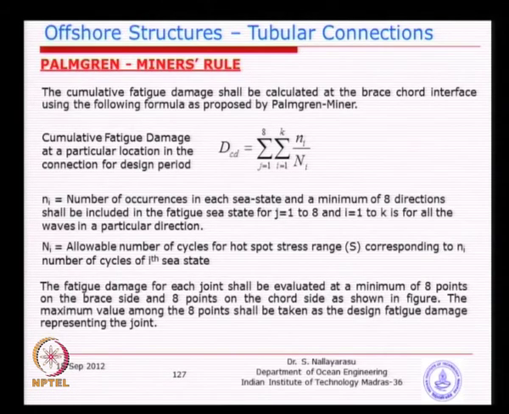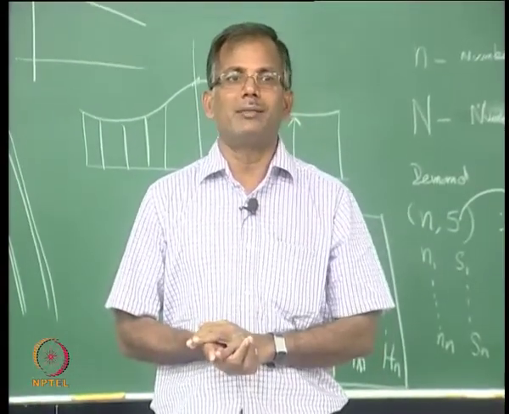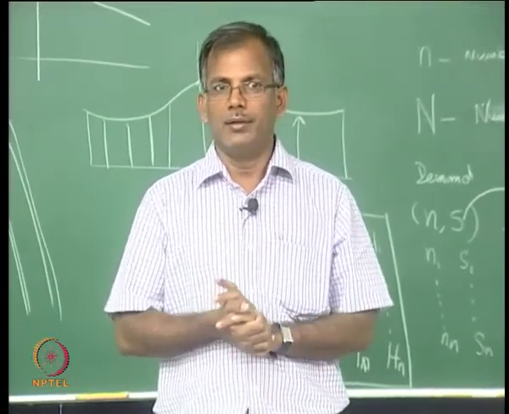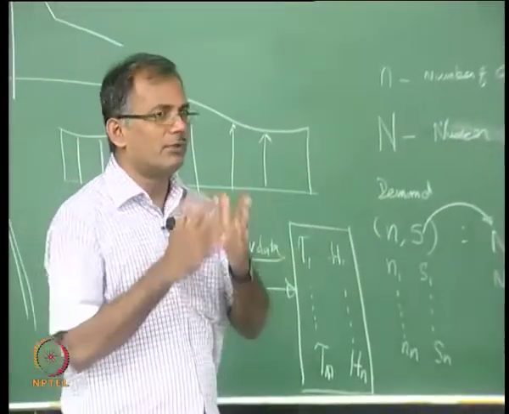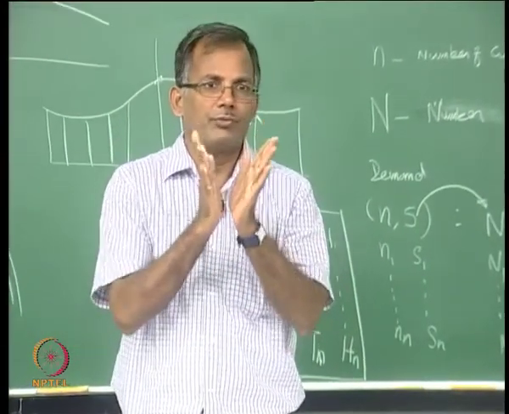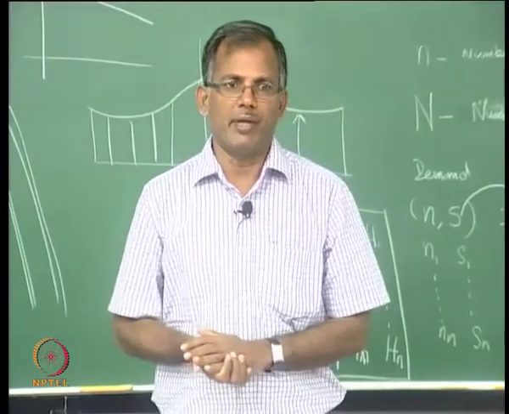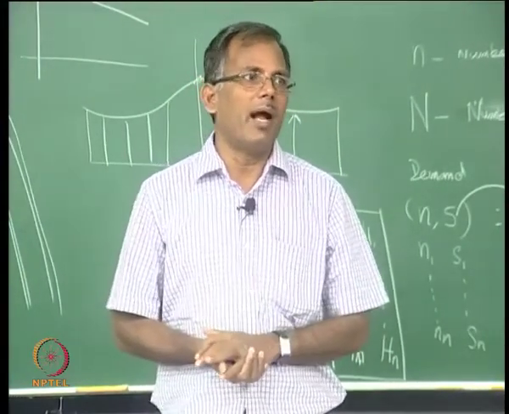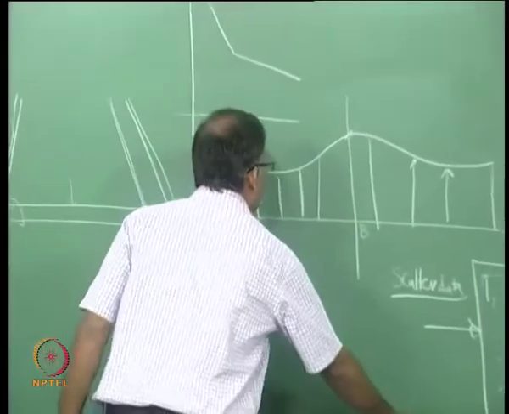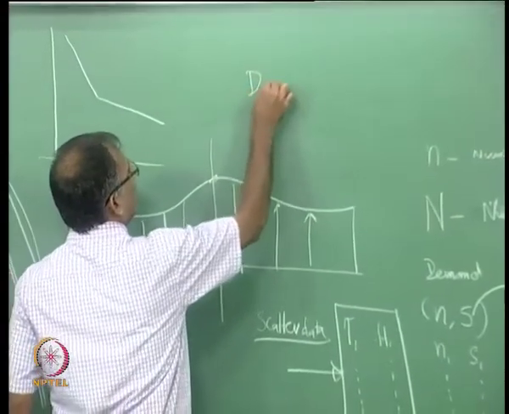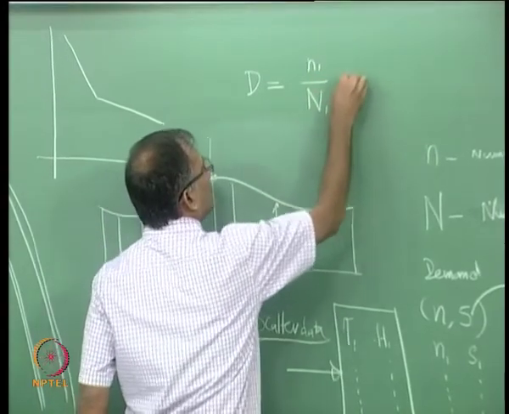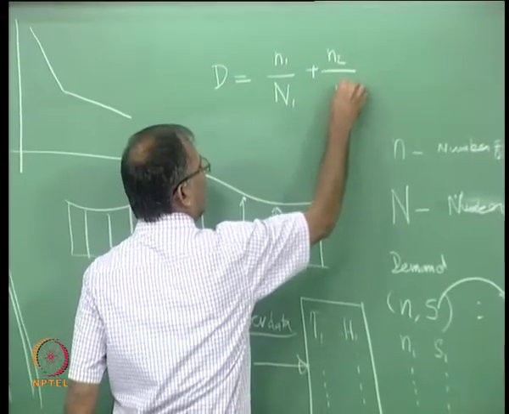For example, if a joint is going to fail at 1 million cycles and applied cycles is also 1 million, then the damage is 1, and basically they add cumulatively, because as we know very well, fatigue is a phenomenon which can start from a crack and propagate over a period of time, and that is why we have to keep on adding the effect. The equation described here is: the fatigue damage is nothing but n1 divided by N1 plus n2 divided by N2